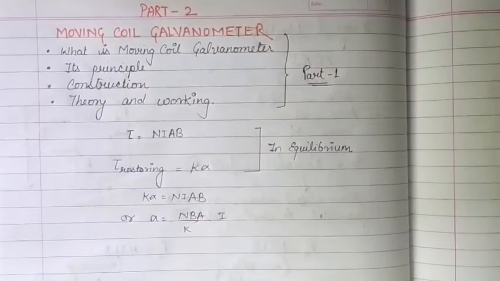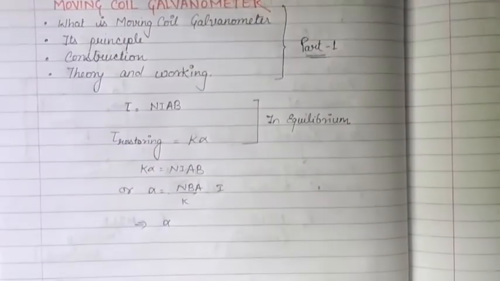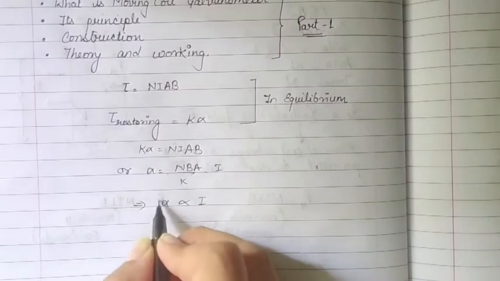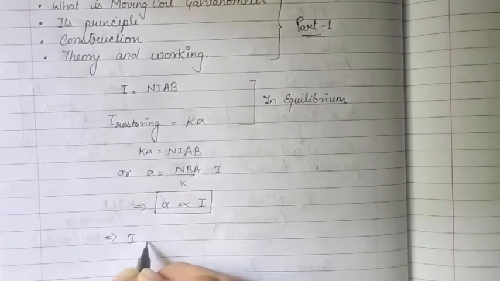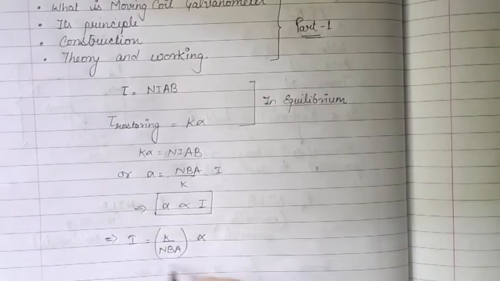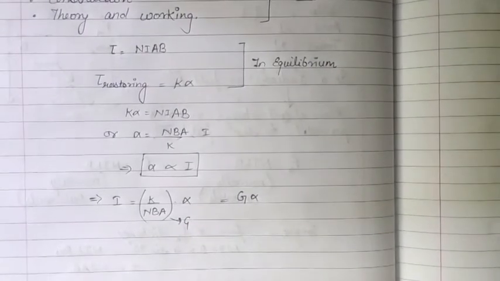These all are constants for that particular galvanometer, and this shows that alpha, the deflecting angle, is directly proportional to the current. That means this alpha actually shows the twist of the coil, and that is directly proportional to the current. This we have done previously, and we also find that if we rearrange this relation as I is equal to K upon NBA into alpha and put this as a constant G, that is I is equal to G alpha, so here G is called